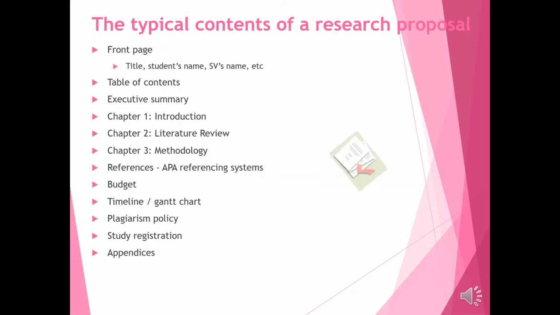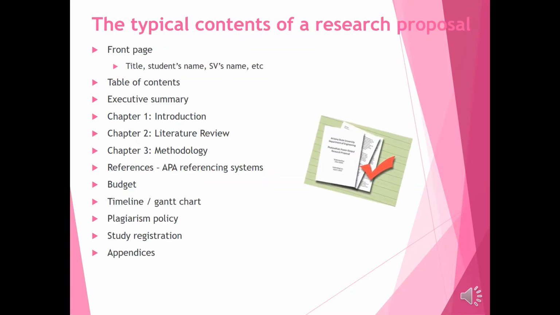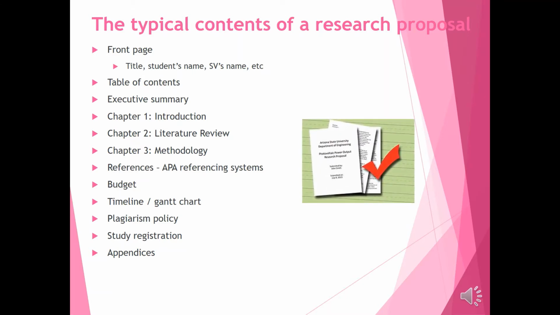So let's look at what are the typical contents of a research proposal. Remember, when you are preparing a research proposal, you shouldn't miss any of these contents. Number 1 is your front page. You must have your table of contents. You must have your executive summary, chapter 1 that outlines the introductions of your research study, chapter 2 that is